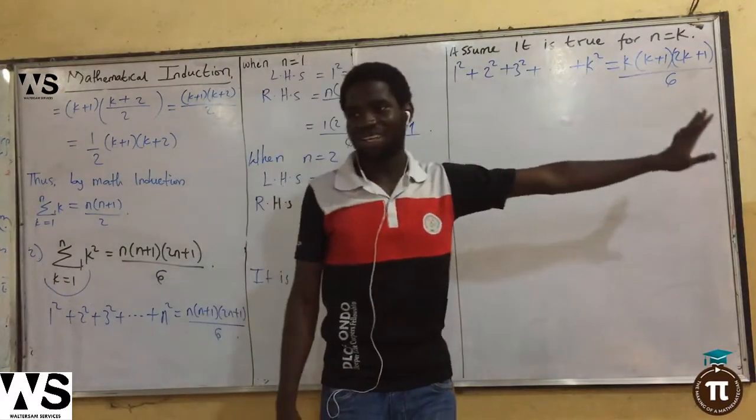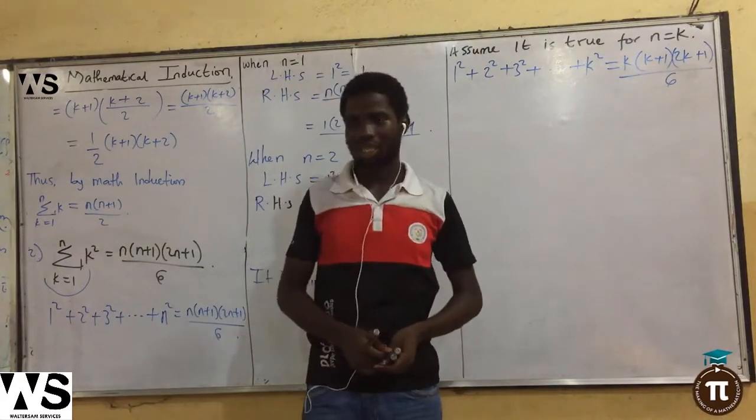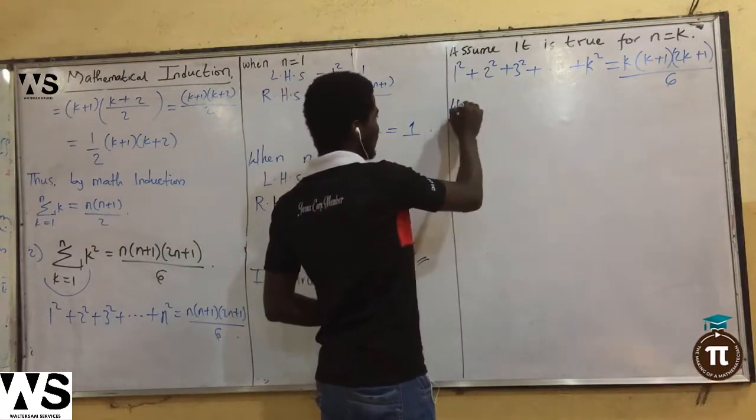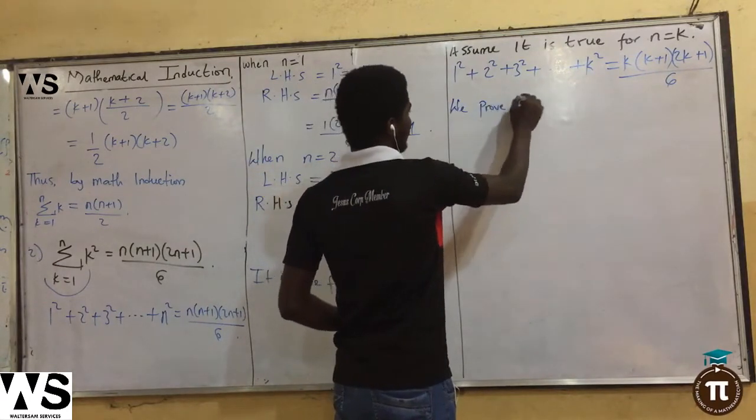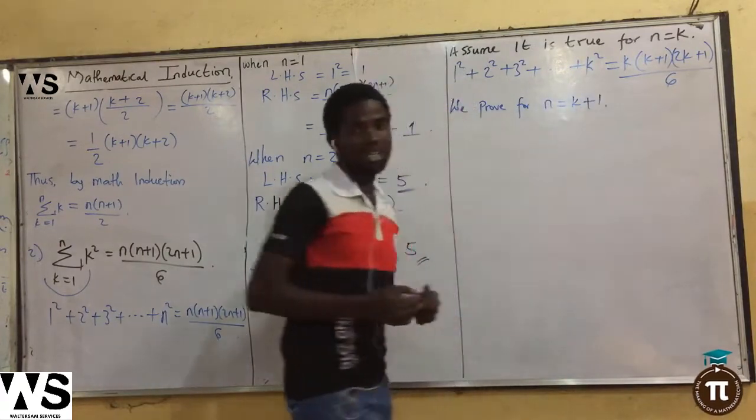Assume it is true for n equal k because it's correct. Let's continue. What are we left with? Now, we prove for n equal